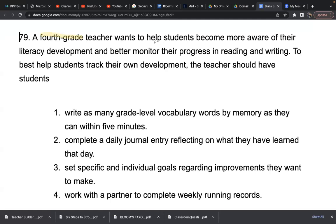Right. They become aware. Help students. The students build awareness. That's important. It's going to be an important part of the answer choice. I guarantee it. Some of the answer choices are not going to have the students building the awareness, but maybe the teacher doing something, or maybe their parents are involved. Whatever it is that we're looking for, without even having read the answer choices, I know it has to include the students doing it, becoming responsible in their literacy development, their language development, listening, speaking, reading, and writing,